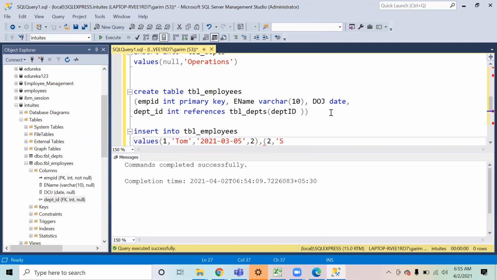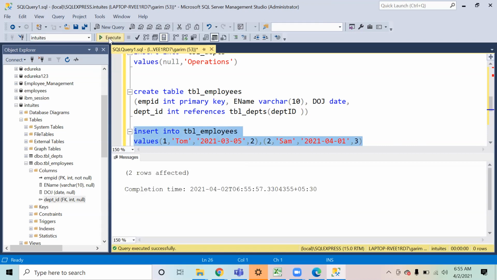His ID is 2, his name is Sam, and his date of joining is 2021. And he is working in department number 3. So I'm just inserting 2 rows. So you can write and insert the data inside it.